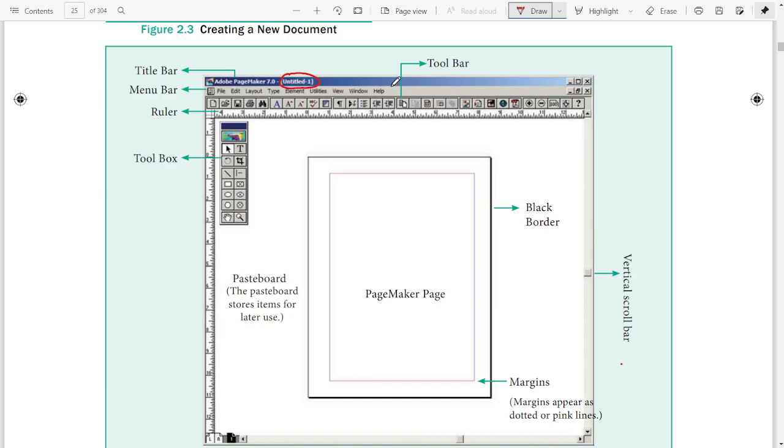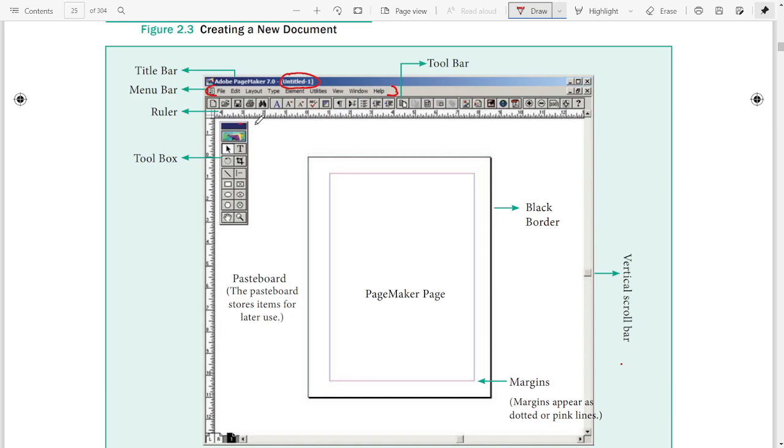These are known as the menu bar. It is in inches, so it is called the ruler.